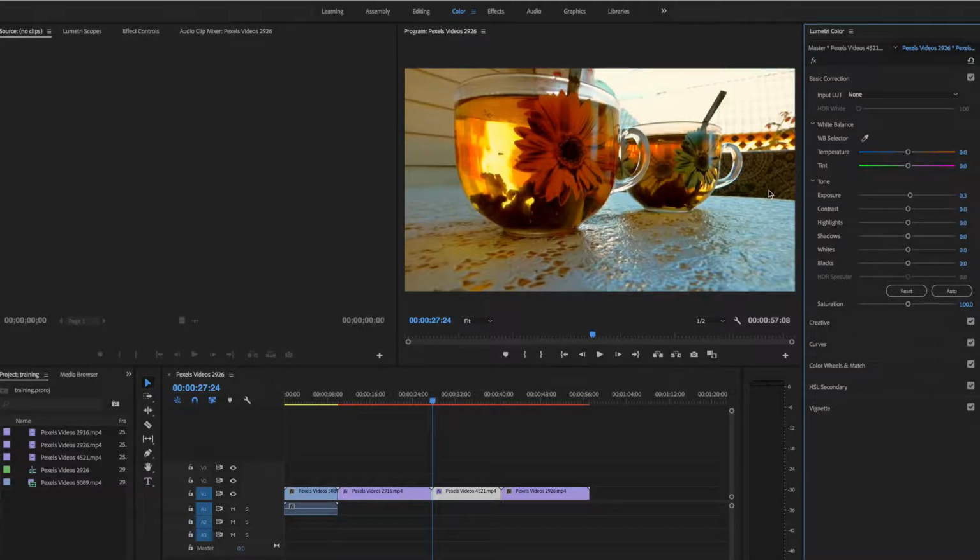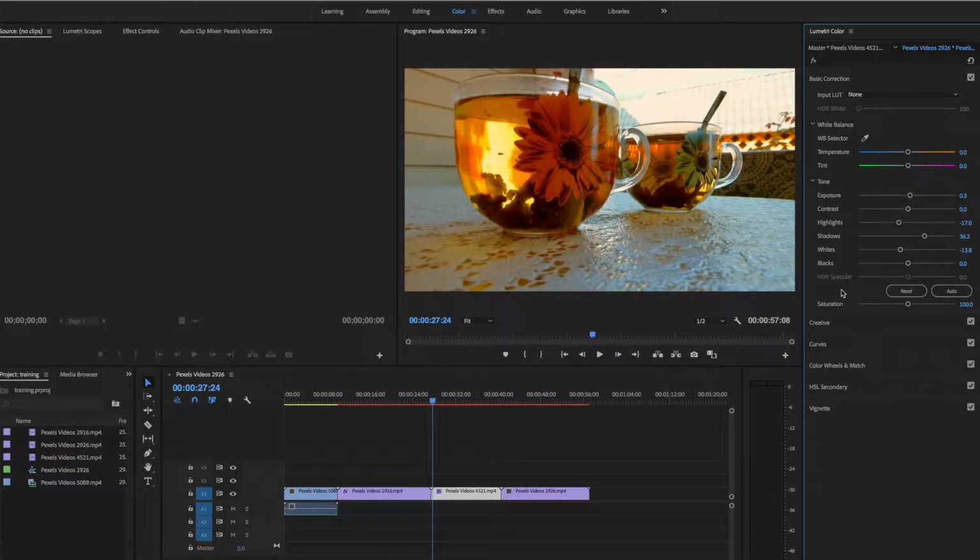I don't really need any more contrast, but I do want some of these highlights to be brought down. So you can see that change up in that area. I'm also going to bring up some of my shadows, and you can see that lightening happening here. I'm going to bring down some of my whites. Again, that's going to make some changes up here. So that is my tone